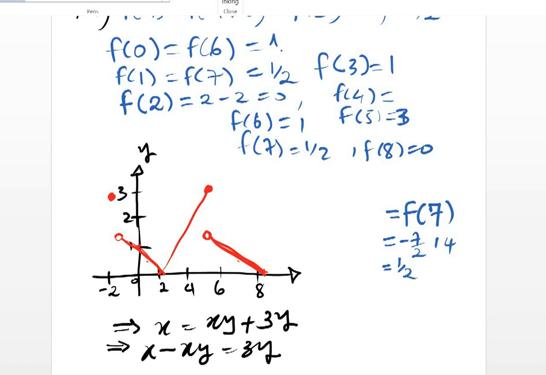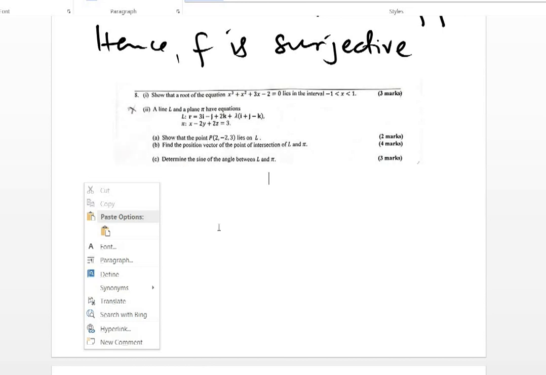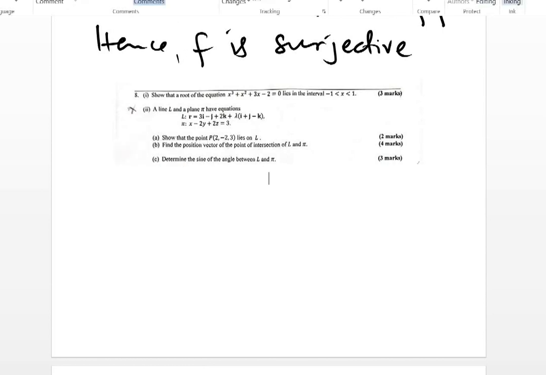Okay, that said, we'll go to question 8. Looking at question 8. In question 8, Roman 1, show that a root of the equation lies in the interval -1 and 1. 3 marks. Okay, to show this is simply that for a root to lie in this interval means